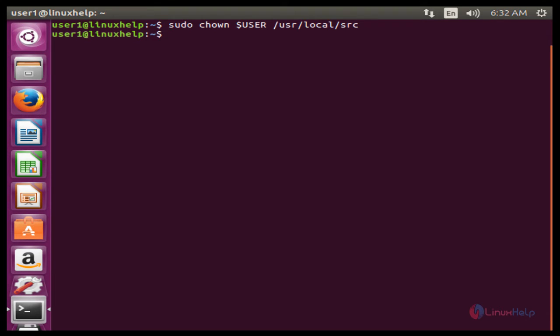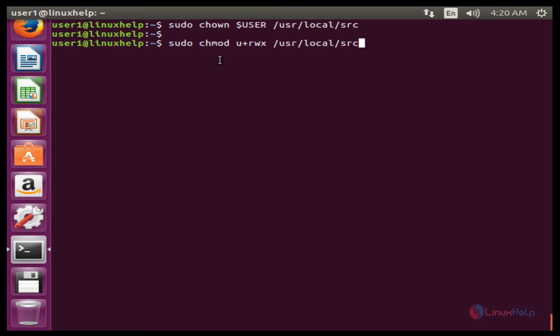The next command is sudo chmod u+rwx /usr/local/src. This command is used to change the permissions for the source directory. Here R is for read, W for write and X for execute.